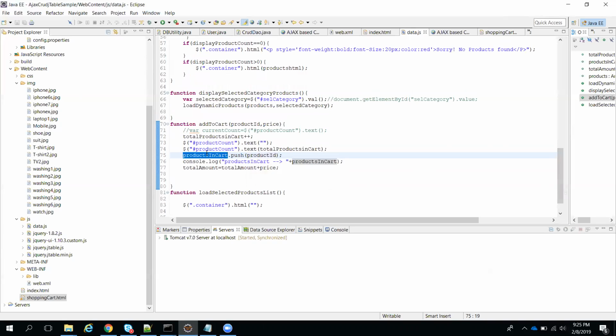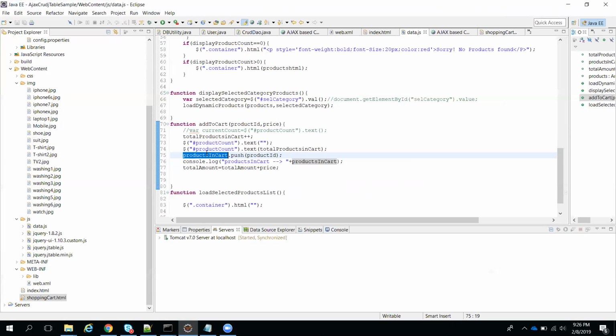Why? Because based on this product id, I can get the price, I can get the quantity. Suppose in that array we have multiple same products, we need to count how many times that single product is added. Suppose you clicked add to cart for the same product two or three times, we need to show the quantity: three t-shirts he selected, or three suits, or two pairs of shoes. So we need to calculate that functionality. Actually I didn't implement it, I want to show that in today's class. Before that, I am explaining whatever we have done previously.